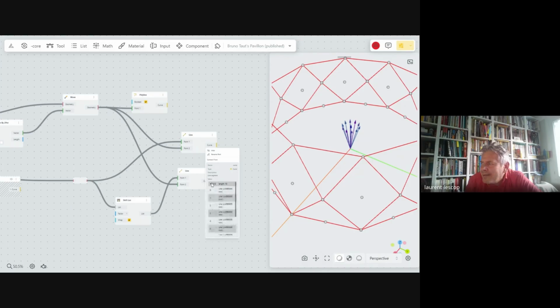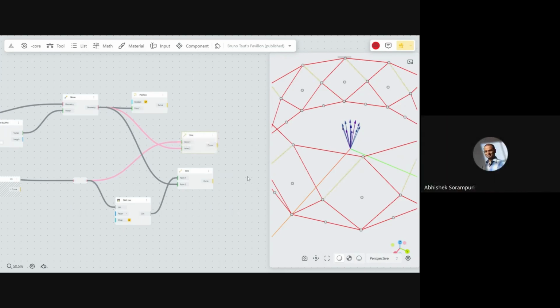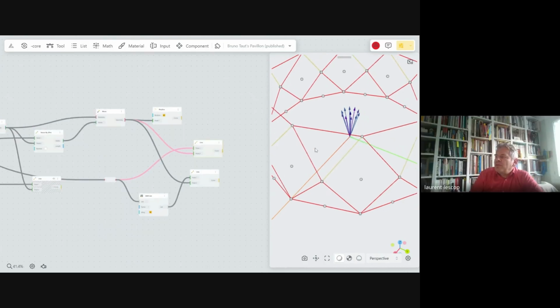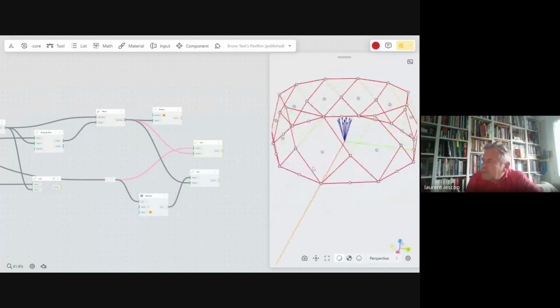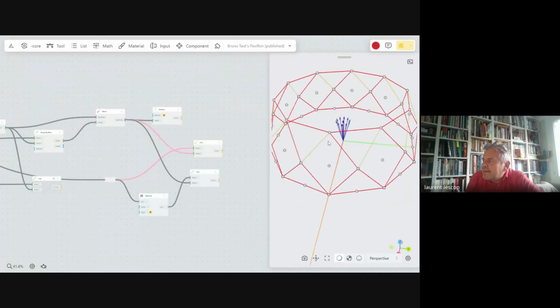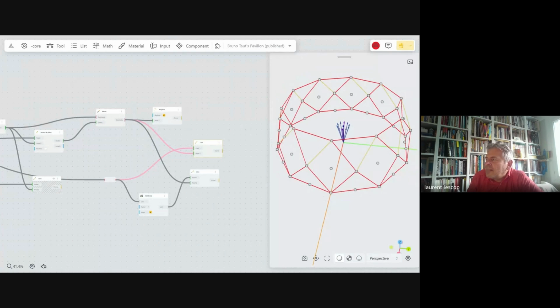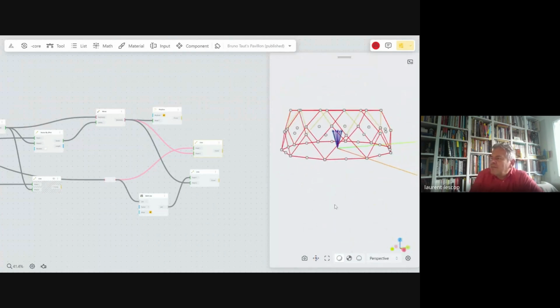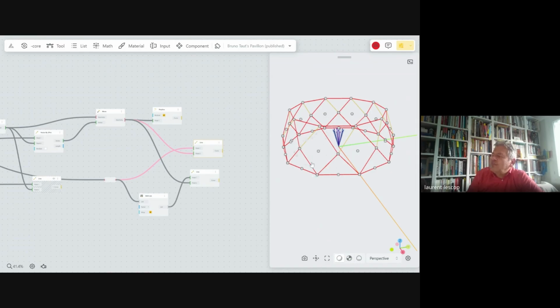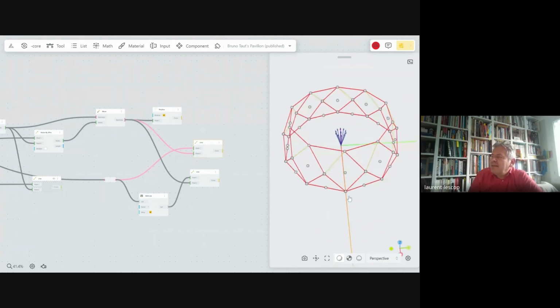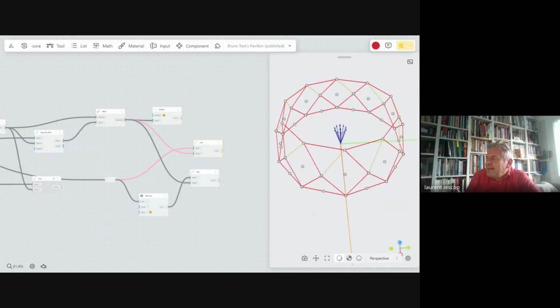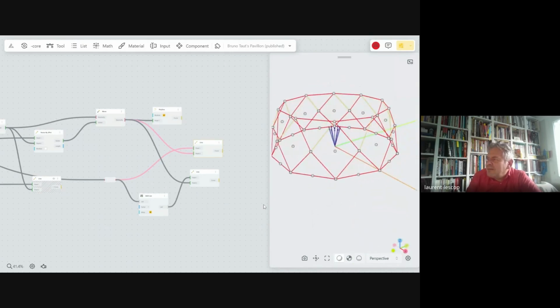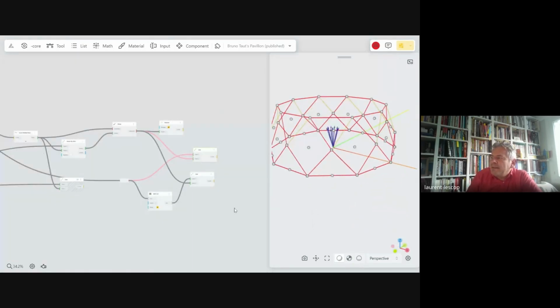I got 10. 10 is okay, because sometimes in this process I could have double lines or double points and so on, and make some errors when I then try to create the surfaces. Then it creates odd things.